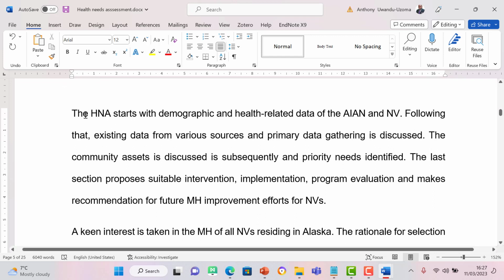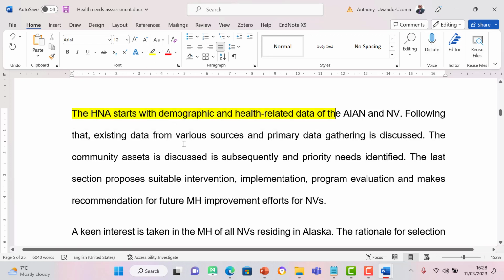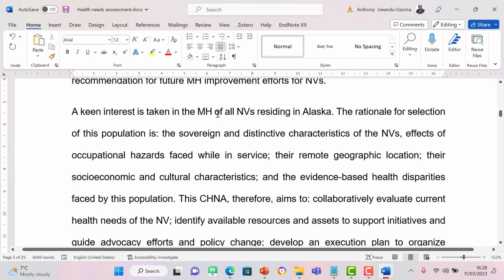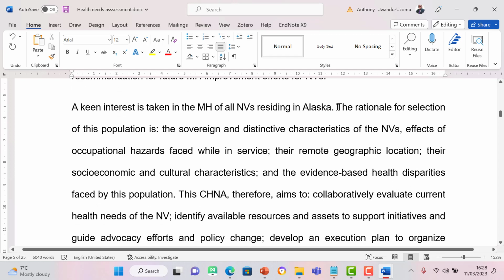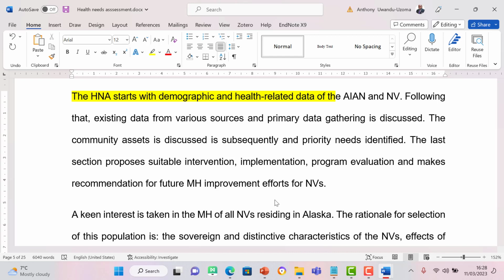Okay, so I'm assuming that the steps have been listed right now, and this is where the essay starts from. I can see that the author started with what? A review of demographic and health related data, all right, which is what? Scoping or community profiling. All right, so I'm going to just make this video very slow. So following existing data from various sources and primary data gathering,